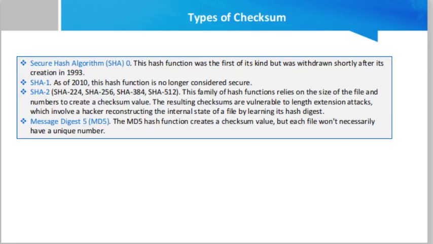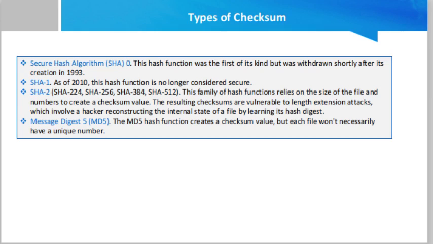There are multiple types of checksums available. So what are those types available? Friend, there are multiple cryptographic hash functions that programmers can use to generate checksum values. The first one is the secure hash algorithm. This hash function was the first of its kind but was withdrawn shortly after its creation